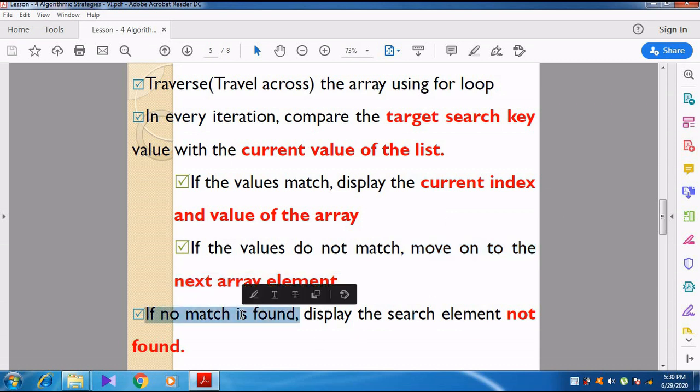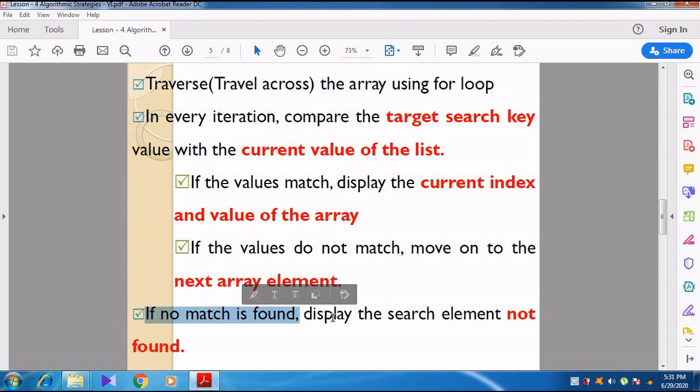See here, if no match is found, you are searching in the entire list. Totally there are 5 values. We are going to search the element 4, so we are comparing the element with all the values in the list. There is no value matched. For example, 1, 3, 7, 9, 11. First value is 1, next value is 3, next 7, then 9, then 11. All the 5 values are not matched with the search key element 4.